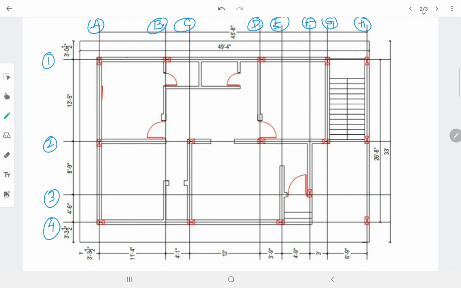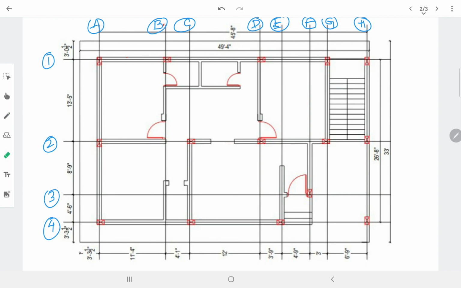So the first column is column number 1. It is in line A1, this is in line B1. Next C, this is D1, this is G1, and this is H1, like that. Or you may have a different numbering, it is left to you.